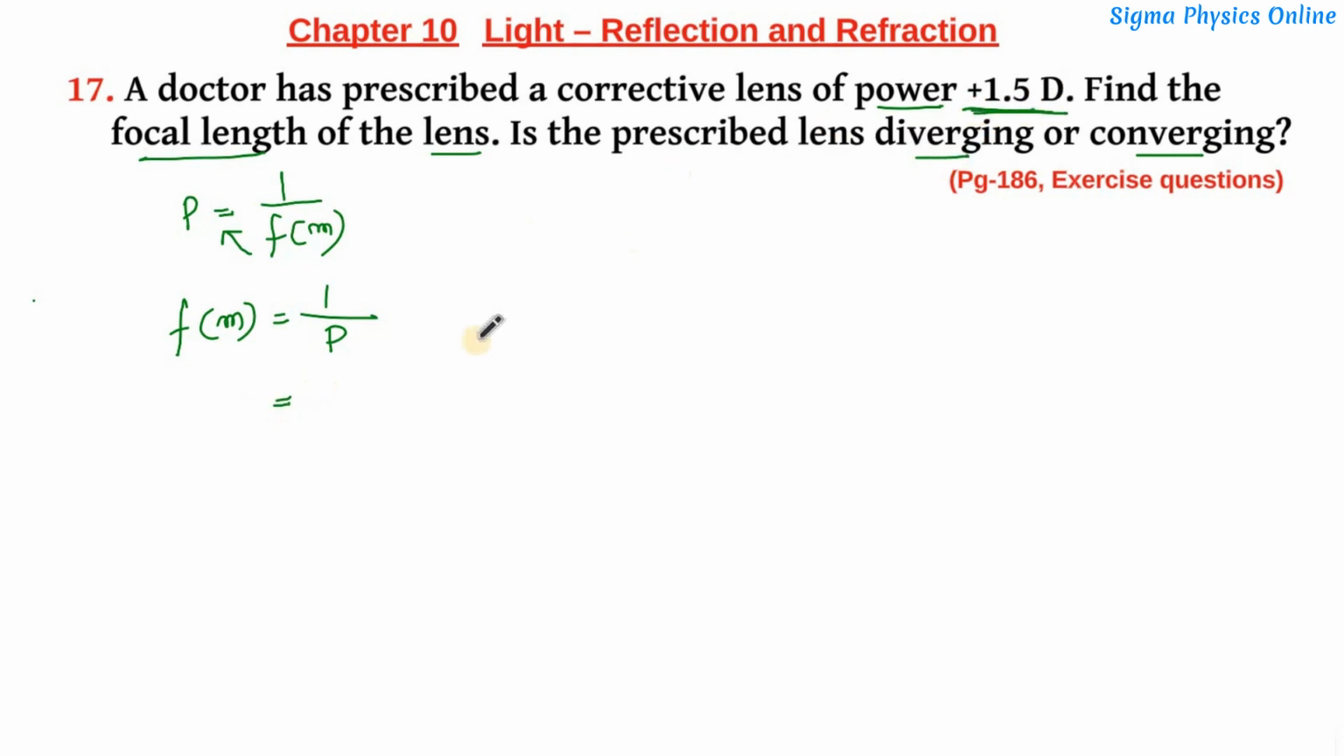So the power over here is given as plus 1.5D. So I write here 1 by 1.5. Upon removing the decimal, it comes to be 1 by 15 by 10. Now this 10 will go to the numerator. It will be 10 by 15, which reduces to 2 by 3. Now upon dividing 2 by 3, we get